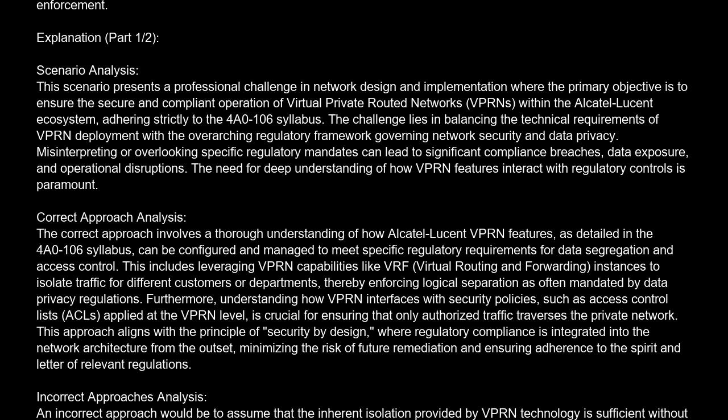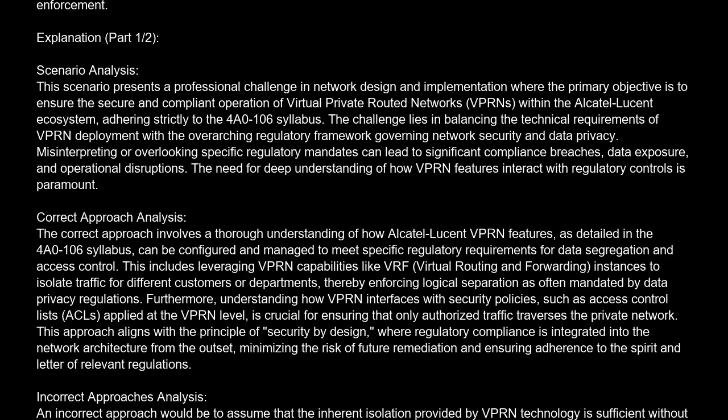ensure the secure and compliant operation of virtual private routed networks, VPRN, within the Alcatel Lucent ecosystem, adhering strictly to the 4A0-106 syllabus. The challenge lies in balancing the technical requirements of VPRN deployment with the overarching regulatory framework governing network